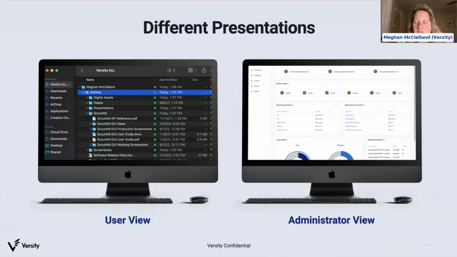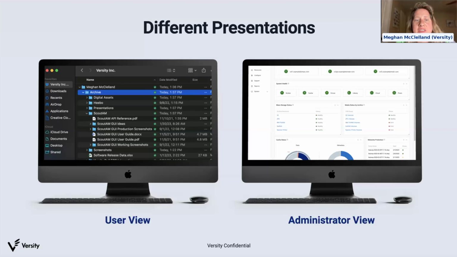This is a picture of the GUI on the right. I just wanted to highlight that users don't need to do anything special to use the system. There on the left, it's exactly what I'm used to. I drag and drop files, I rsync them, I secure copy them, I put, I get. It's exactly the same as any other file system that I use. There's nothing special required from me to use tape, to use cloud, to use any of the mass storage options